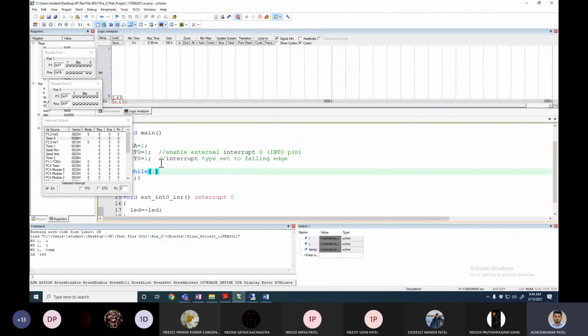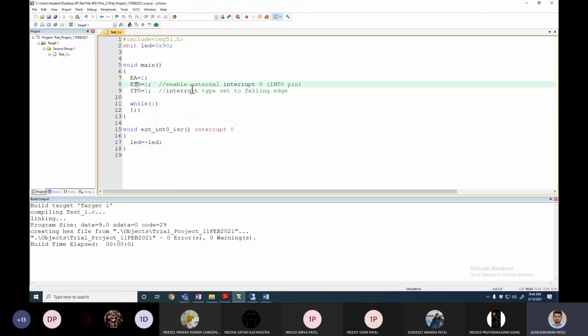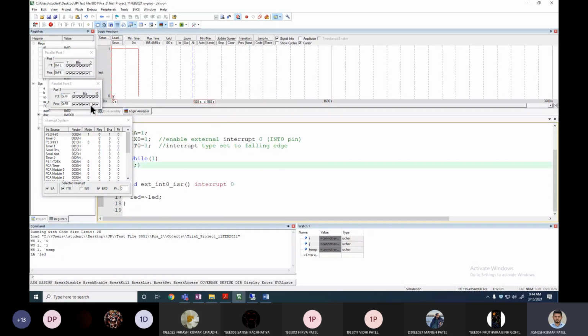Okay, see, the issue is here itself. Please keep in mind it's EX and not ET. We are writing the external interrupt, so it should be EX, not ET. Now it's fine. I'm going to run this code again, and now as soon as I trigger this pin,